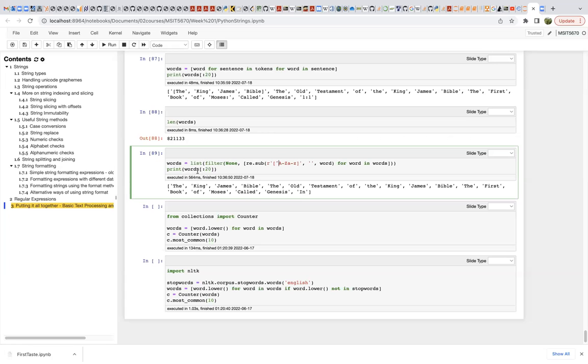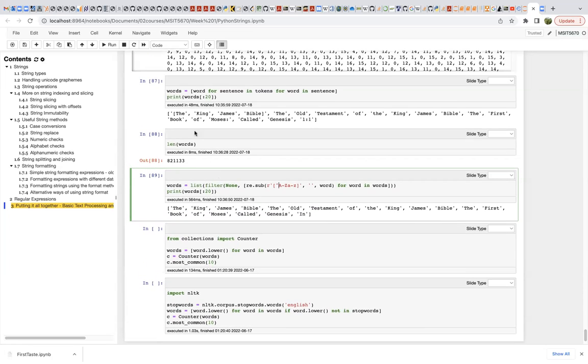Let's first look at the first 20 words of the King James Bible, to see what the difference is, then you would know what we filter out. Okay, Book of Moses. You see this? We filter out